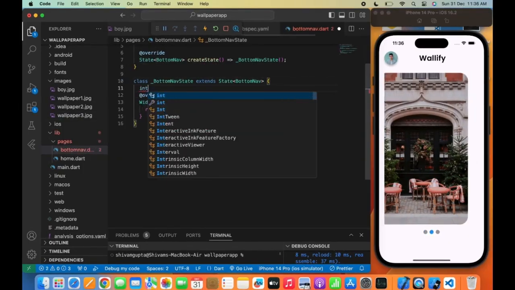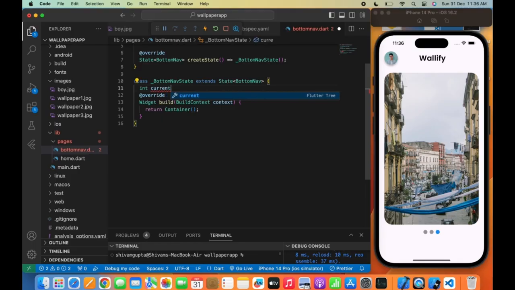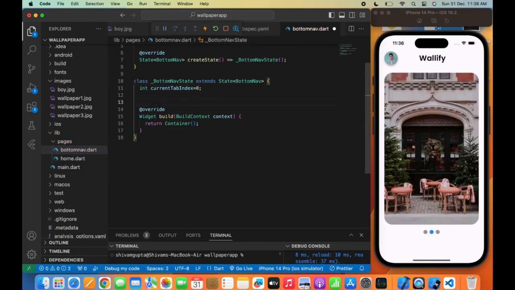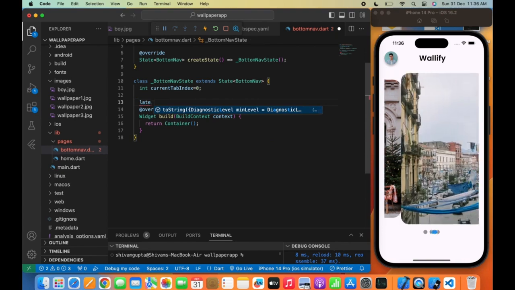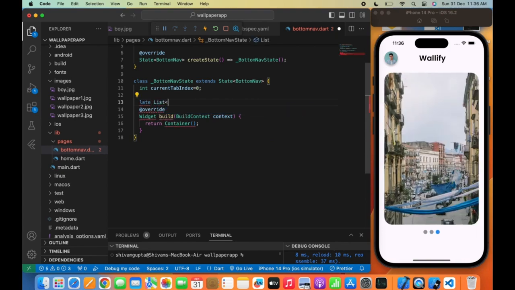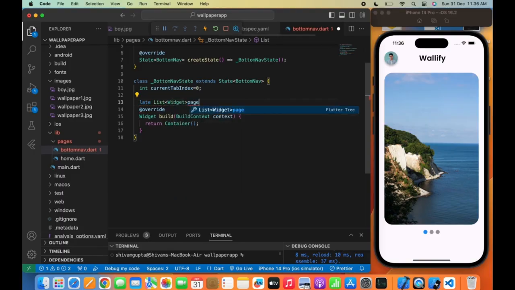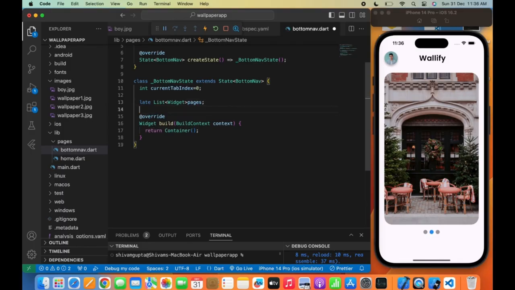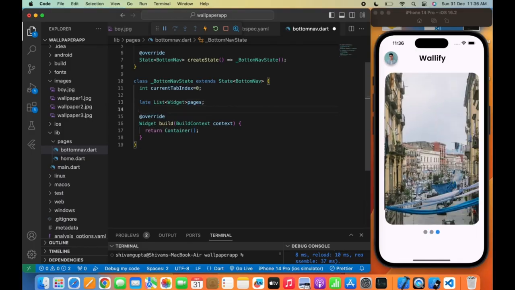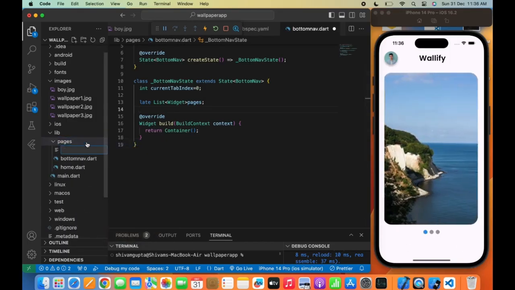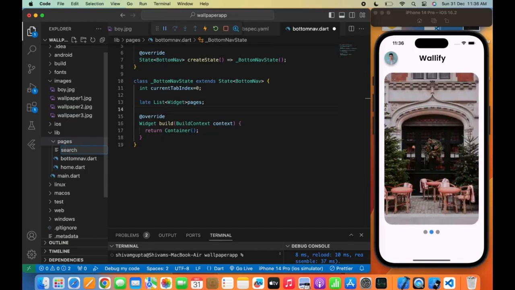So let's move on and we'll create an integer currentTabIndex so that we can get the index of the respective icon that we have tapped in our bottom navigation bar, and a list of widgets. We'll name the list pages here, and in pages we'll save all the pages that we will pass in our bottom navigation bar. So let's create a search.dart file here